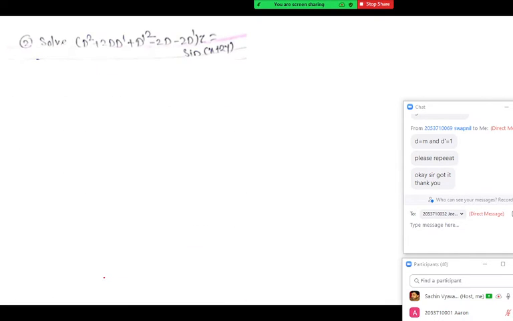So example 2, I will read it. D square plus 2 into d dash plus d dash square minus 2d minus 2d dash of z equal to sine of x plus 2y. That's non-homogeneous because the first three terms have degree 2 and the last two terms have degree 1. So first, find out the factors and tell me so that you can write the CF.